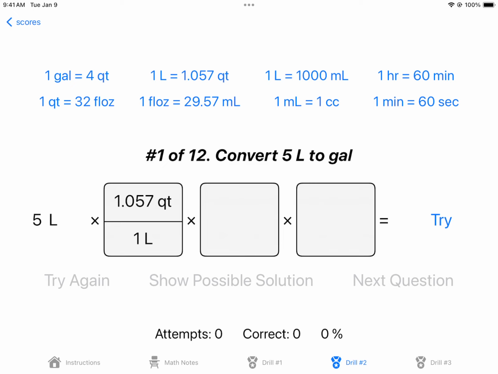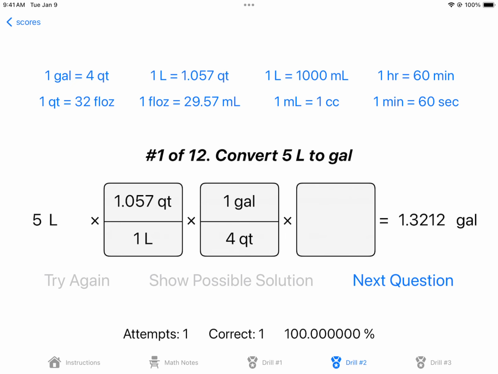Now all I've got to do is get from quarts to gallons somehow. And oh, look at this. 1 gallon is 4 quarts. There we go. Right there. And look, I don't even have to tap it again because the quarts are canceling. Everything's good. That should be right. Boink. It's right. So, like I say, there's going to be some